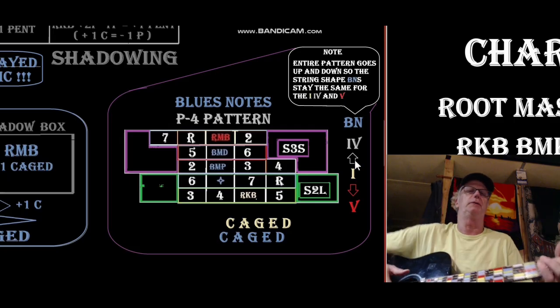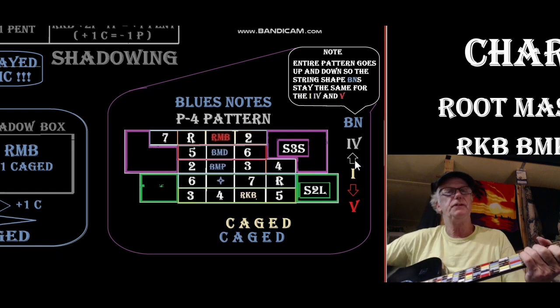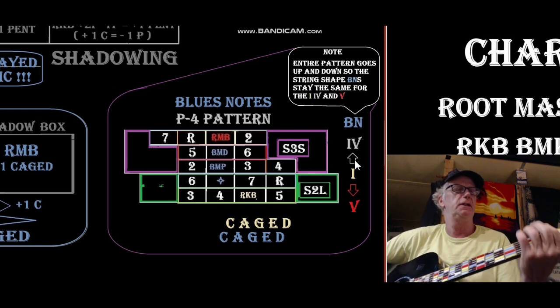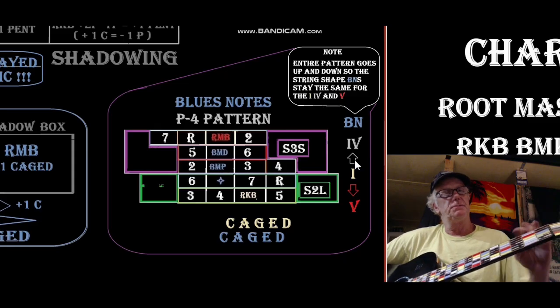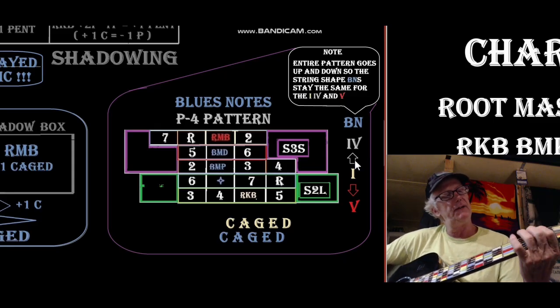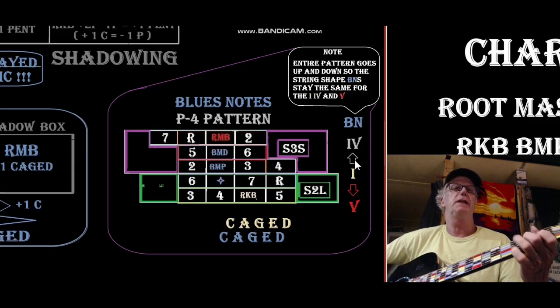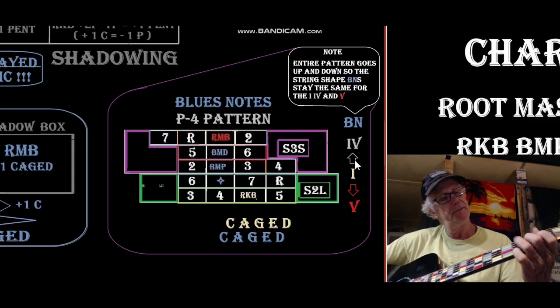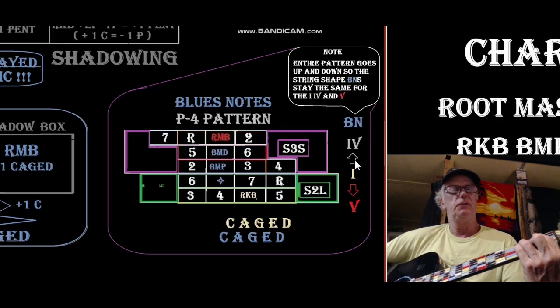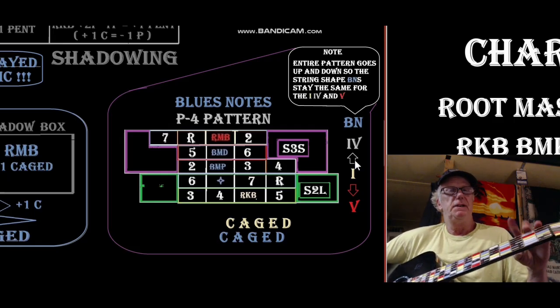Okay, so how's that work? Where's the D string shape on the C? Well, the C string shape's the bass string shape. 3, 4, 5, 6, 7 root, 2, 3, 4. It's on the third string. Now when we go to the F, right there to the fourth, it's going to go up. Okay. Remember the bass